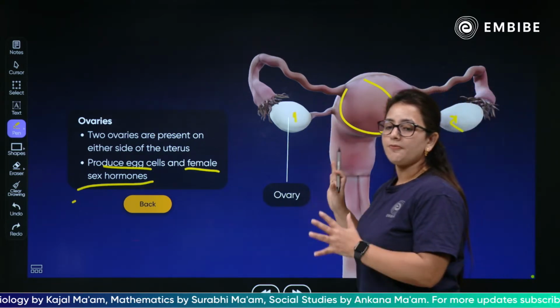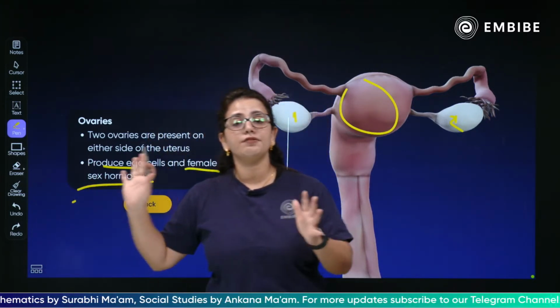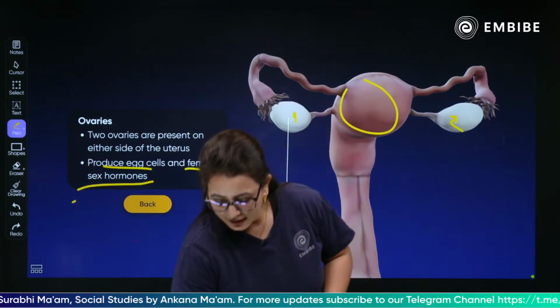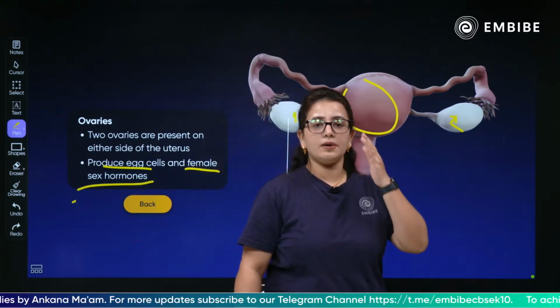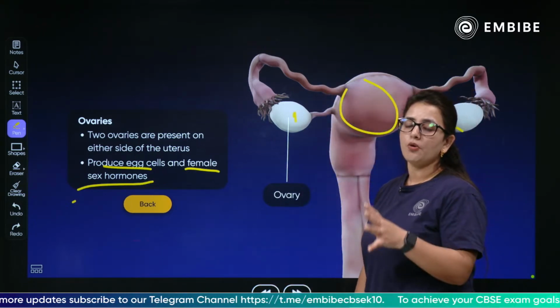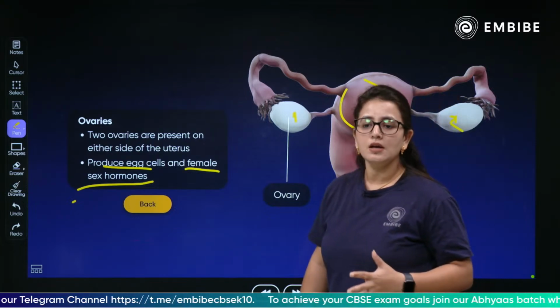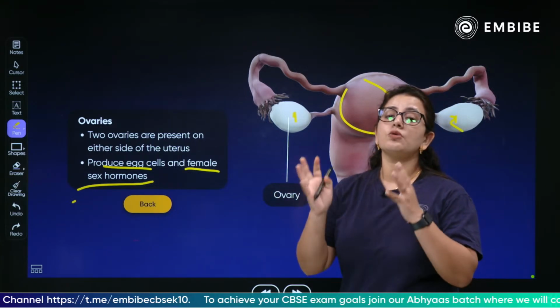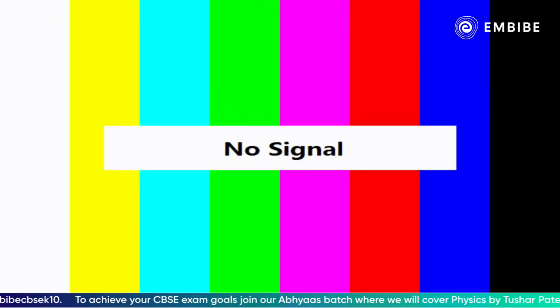So this is the first part of the female reproductive system and a major important part of it. Clear? Yes or no? Is it clear? Any questions related to it? Yes. So we have discussed the ovaries, which are the most important part of the female reproductive system. Of course, each and every part is important because each part assists in successful sexual reproduction.